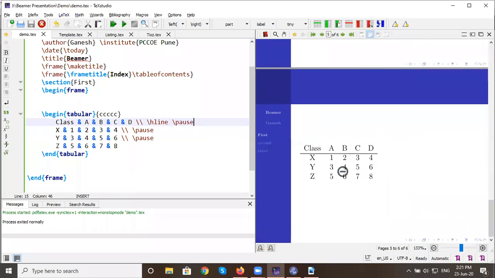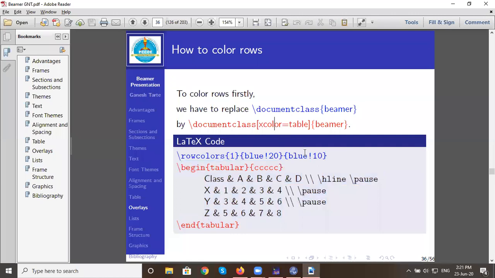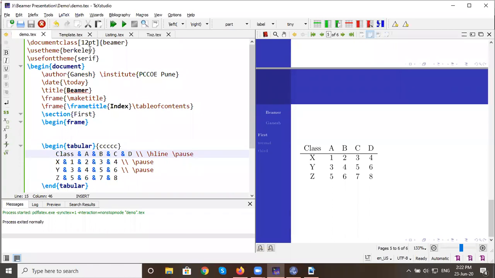But at the same time, I want to color the rows. To color the rows, we first have to replace the document class beamer option with xcolor equals table. Then we add a command before the table.